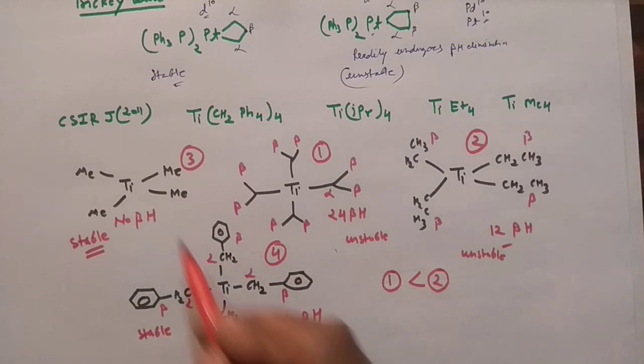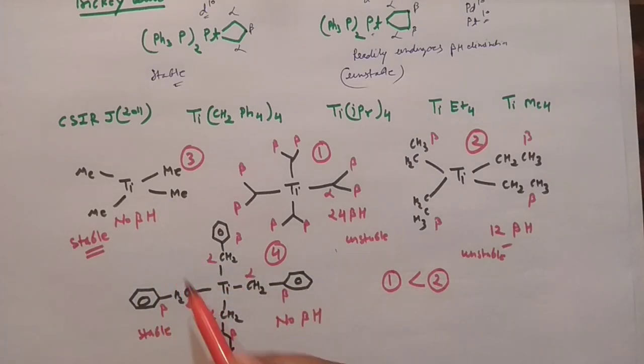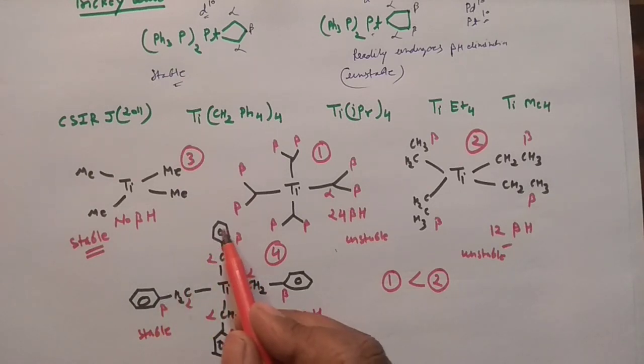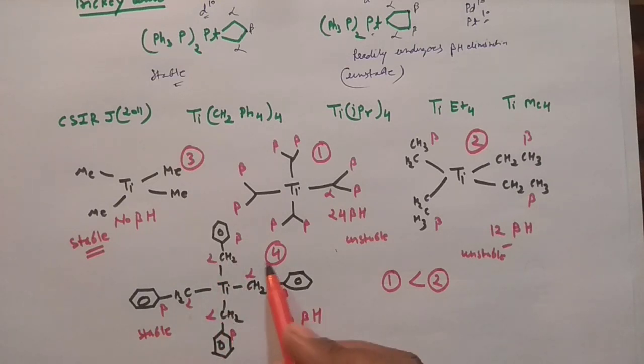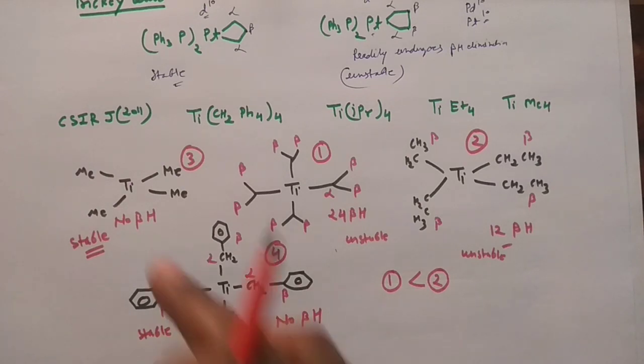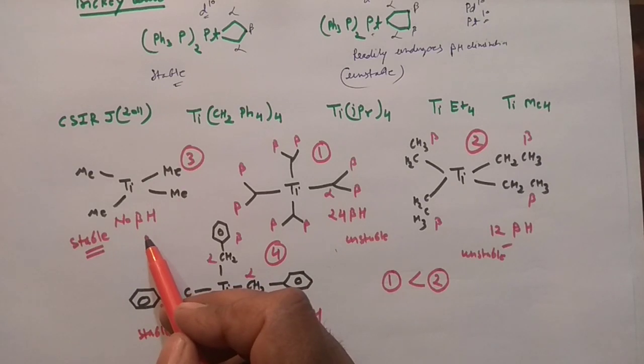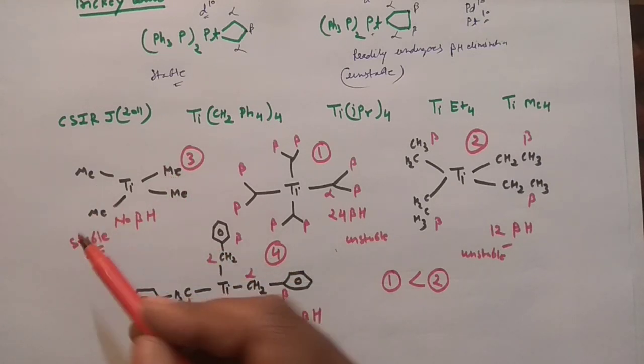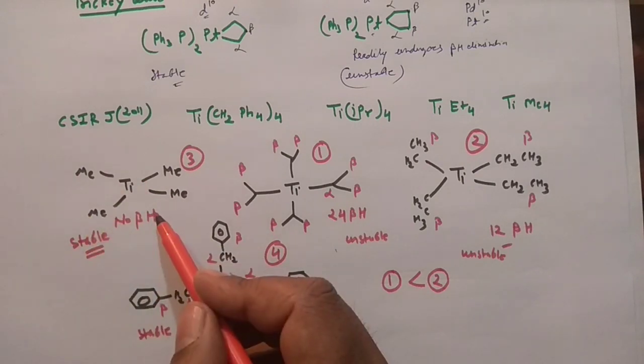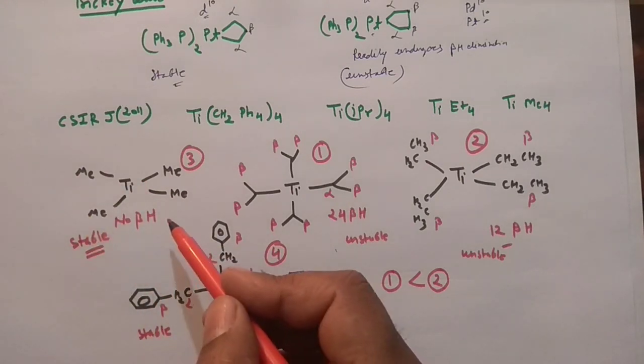Now you have to decide between them which one would be less stable and which one would be more stable. Obviously, you can see here that conjugation is also involved, right? And you can see 4 methyls and 4 CH2s over there. So you can consider this case as somewhat sterically hindered, as well as having conjugation. This will not undergo any kind of reaction, and this one also does not have the beta hydrogen, but it is not so sterically hindered and there is no conjugation in that case, so it can undergo the alpha elimination kind of reaction.